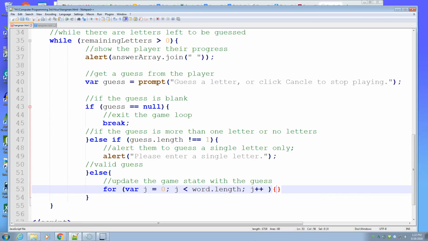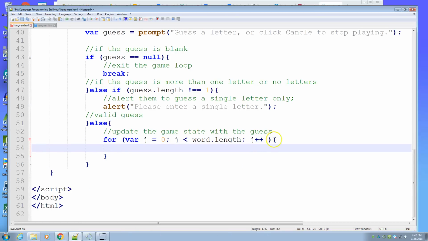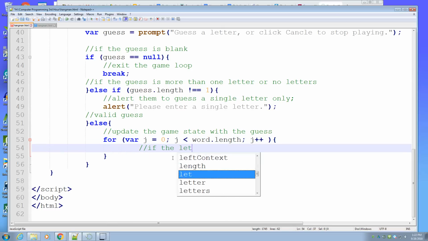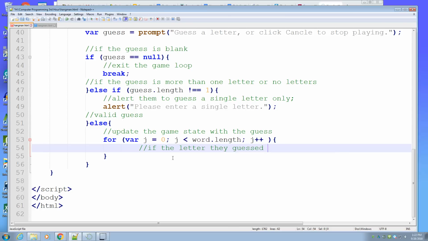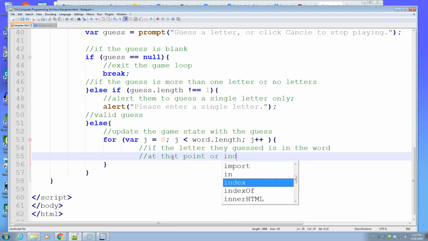And here's what we're checking. We have a lot of curly braces. So you should have curly braces right here now. Okay, if the letter they guessed is in the word at that point or index, so at this exact point in the word,